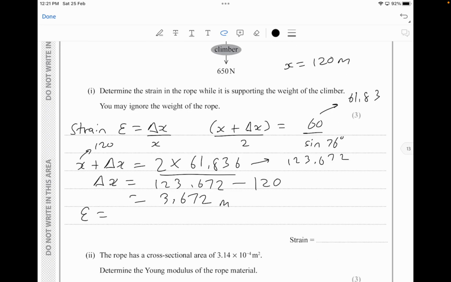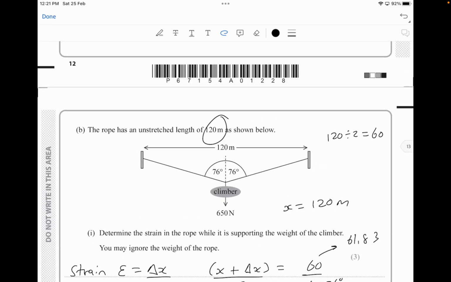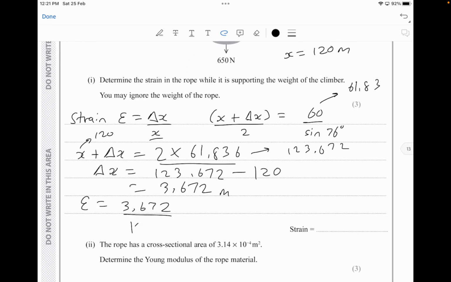So strain is equivalent to change in extension, 3.672 divided by x, which is the original length, to be roughly about 120 meters. So since this is 120 meters, we're going to divide it by that. So 3.672 divided by 120 meters. So in this case, it's going to become